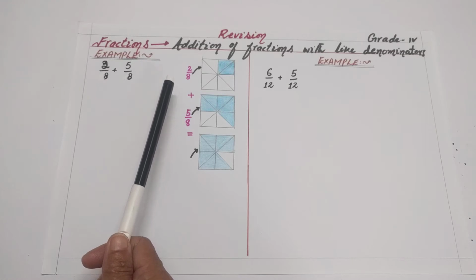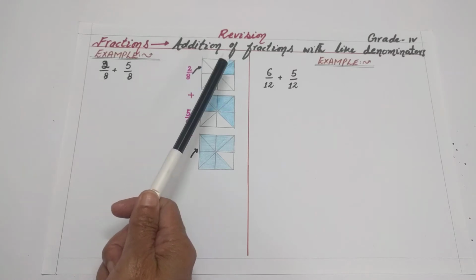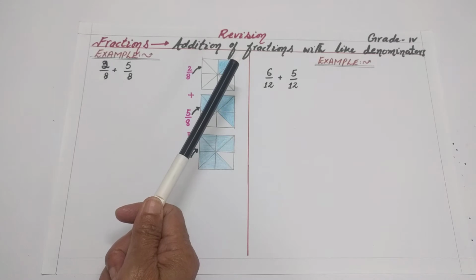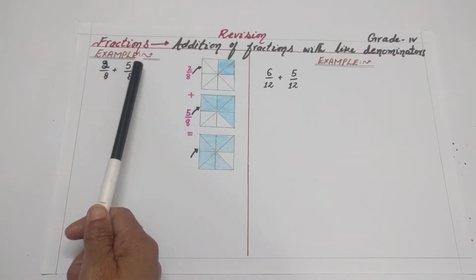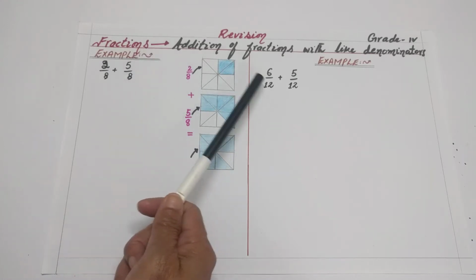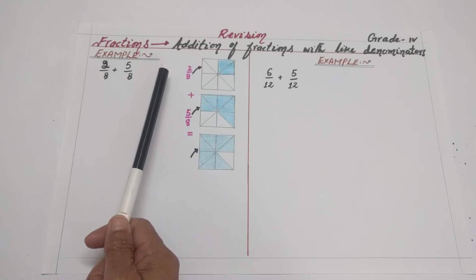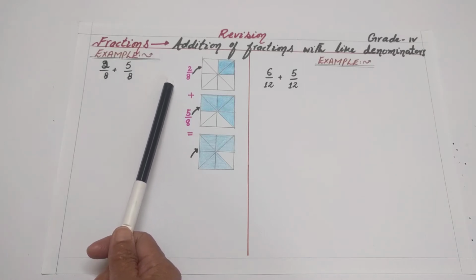In the next video I will follow the same topic, addition of fraction, but with unlike denominators. I will use separate lectures for both methods. Here I will explain this method with the help of two examples. You have already learned about this topic in your class, so this is just a revision for you. So listen to the instructions very carefully.